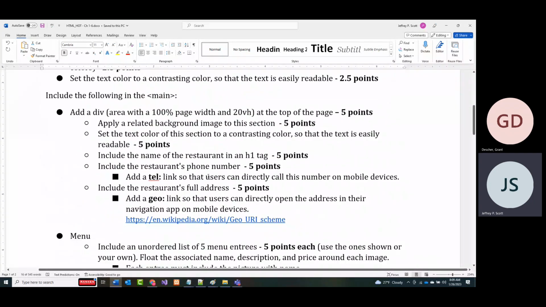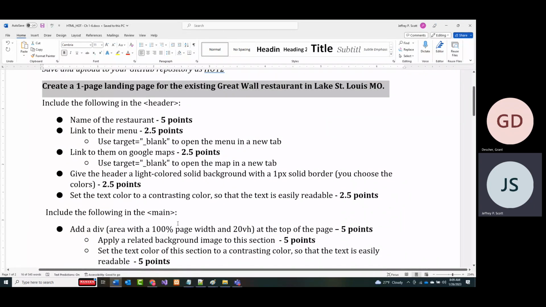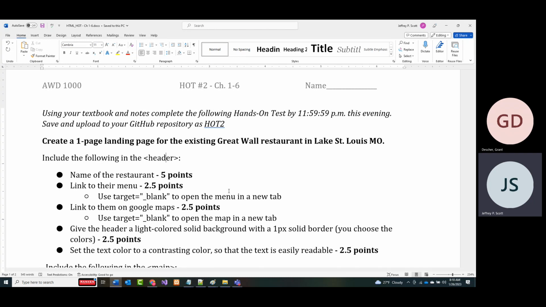And number two, he actually had you do some Bootstrap in there, and I don't know why, because we haven't talked about Bootstrap yet. So I pulled that out. So you're making a one-page site. That's it. There's not a lot in here about, oh, it should look like this. There are things you are to do, but I'm hoping everybody's looks a lot different.